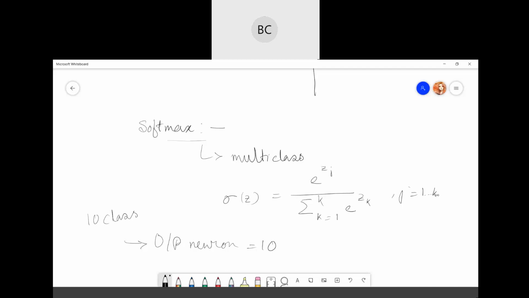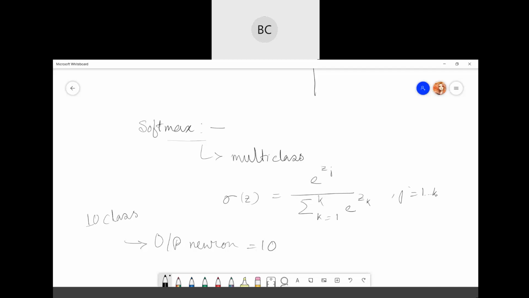Excuse me, ma'am, can you repeat that line? This line, I said your number of target classes should be equivalent to the number of neurons in the output layer. In an MLP, how many layers? Input layer, hidden layer, and the output layer, right? So the output layer mainly decides the class of your particular thing. It means if you are identifying three types of objects, that means you have three classes.